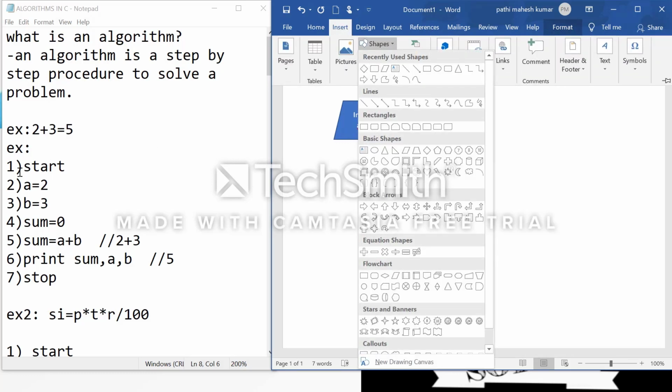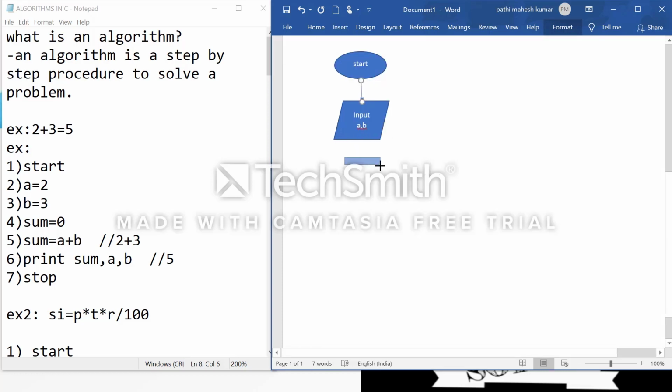Next, what is there? I'm initializing. I want to initialize the values. So that's why I am taking an initializing shape, or directly giving a equal to 2. Okay,